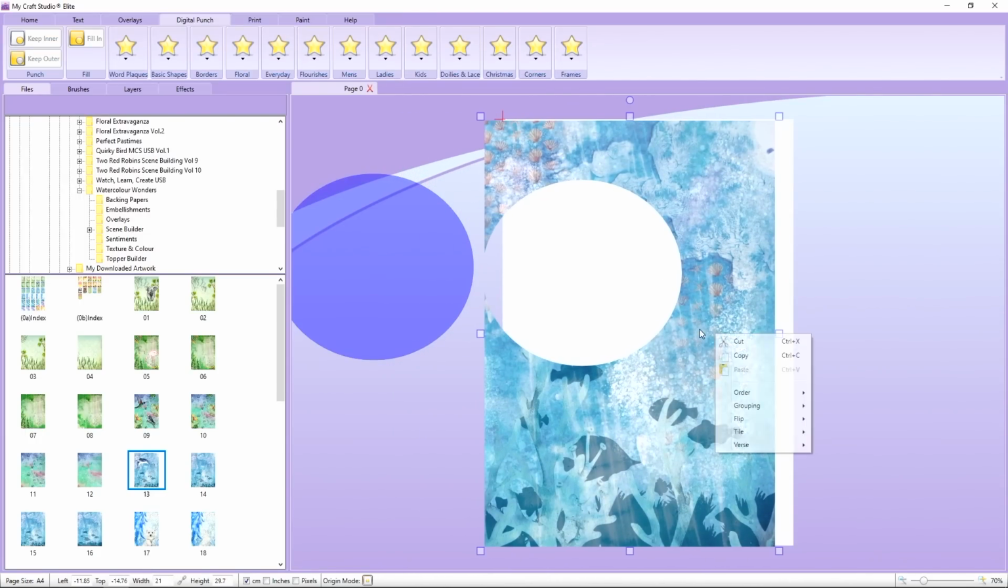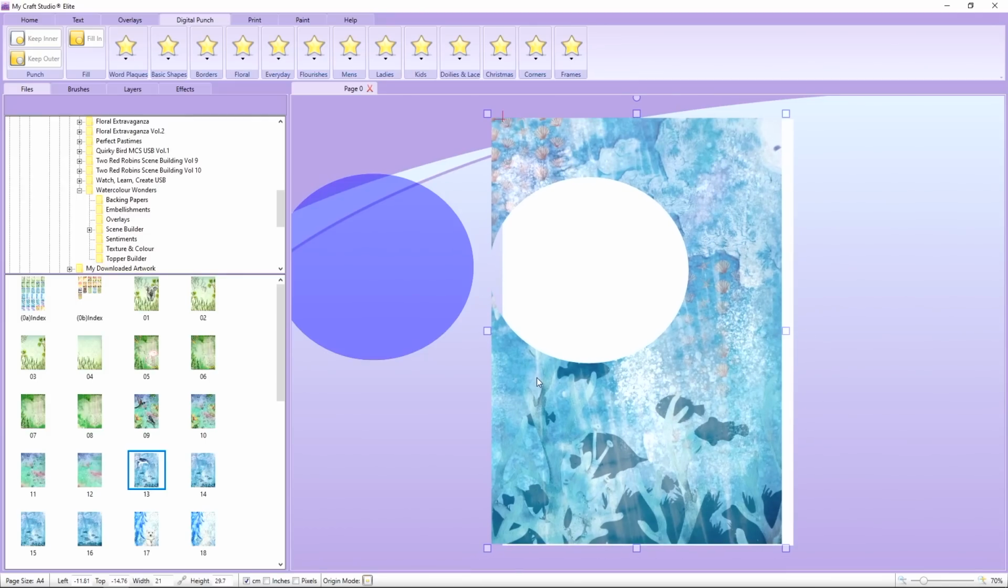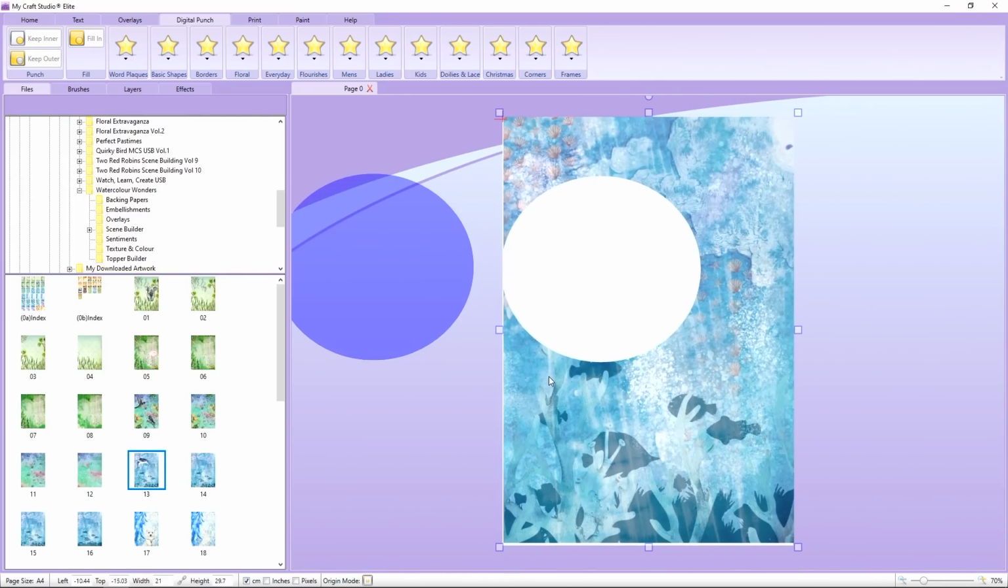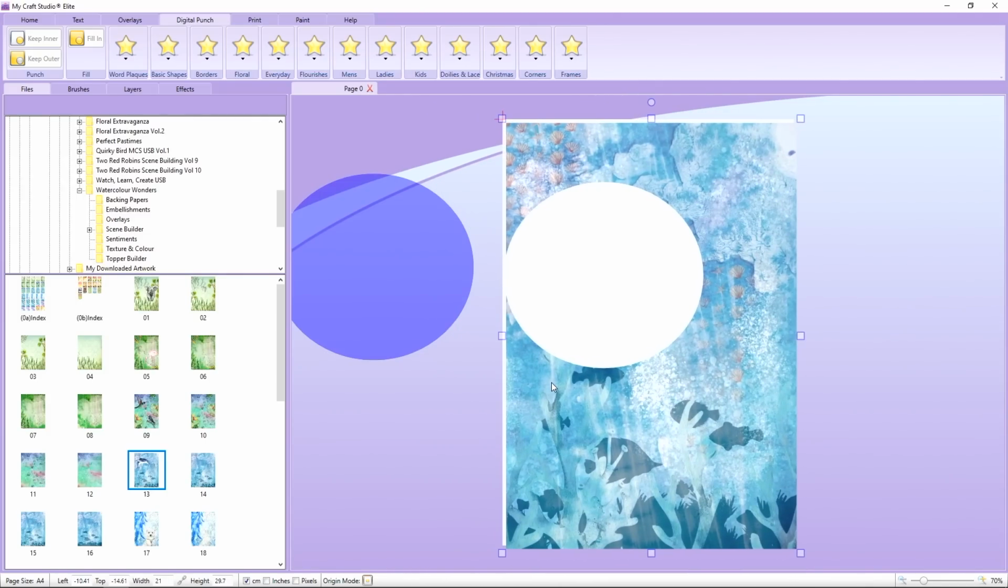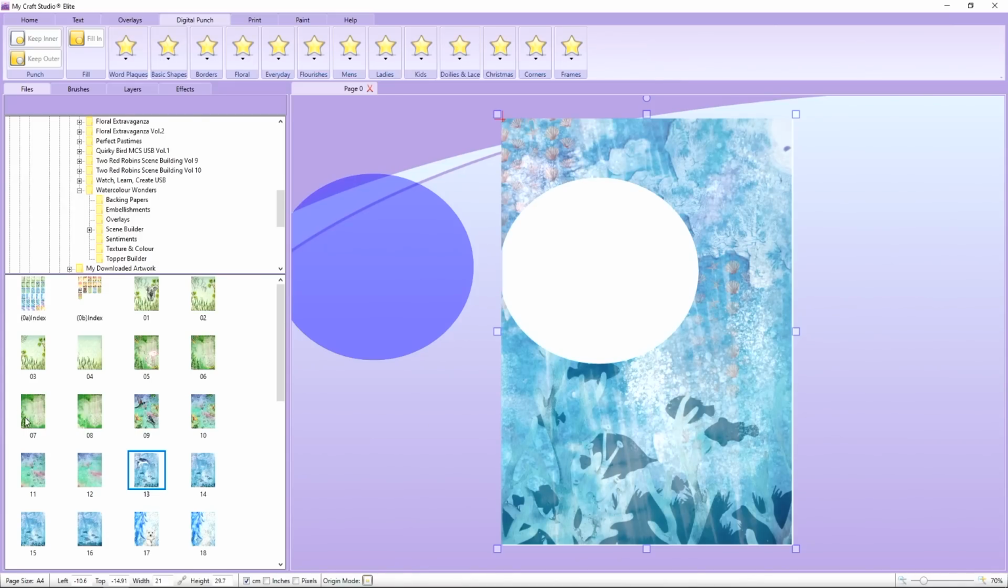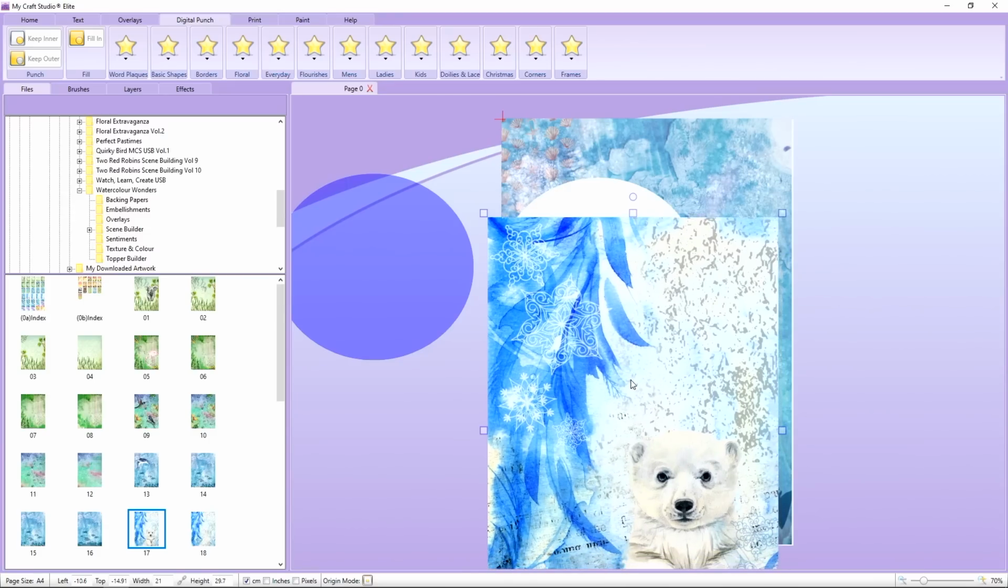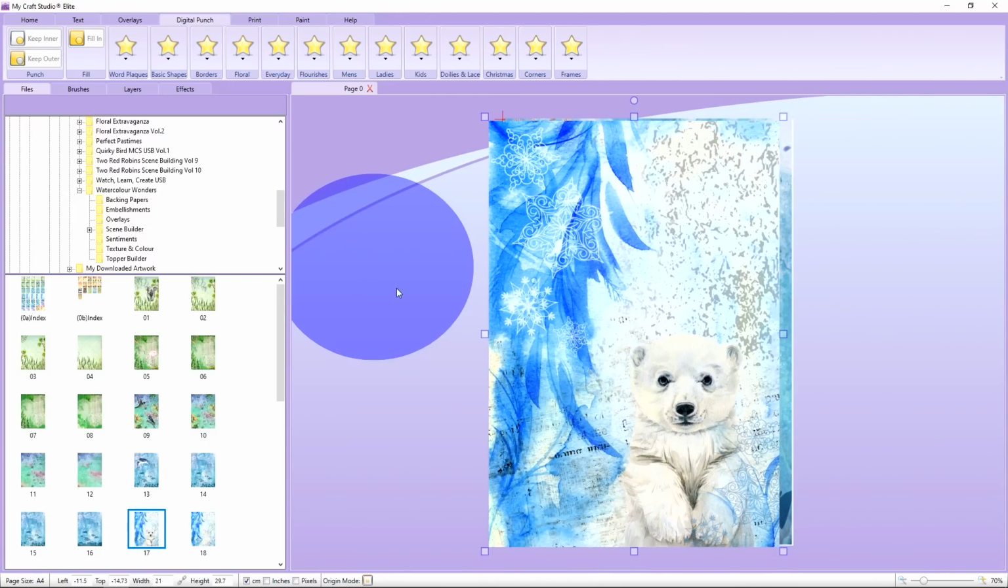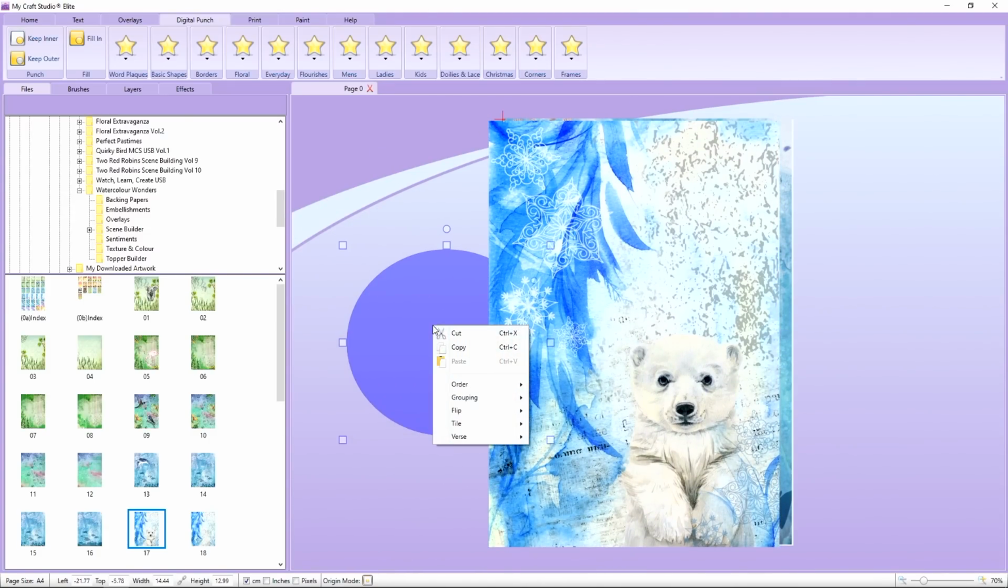And you can see I've gone slightly over the edge, so we've actually got a gap down the side there, and then we can see that that's transparent. If I take another one of the backing papers from this particular USB, we'll get this one on here, pop that there, and if I just use the digital punch, if I bring the digital punch to the front,